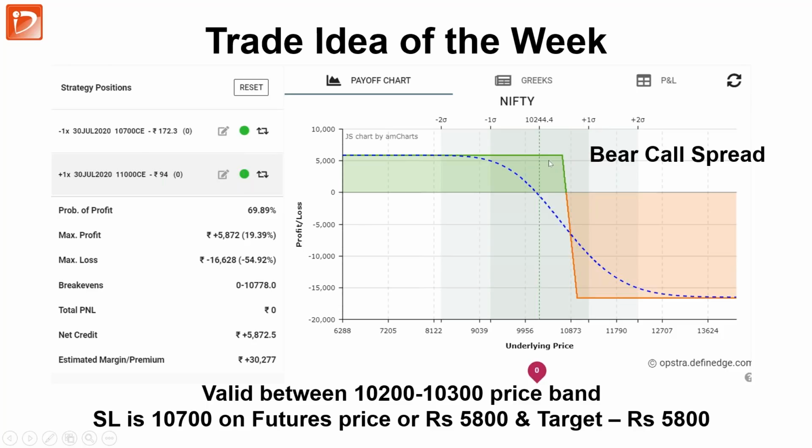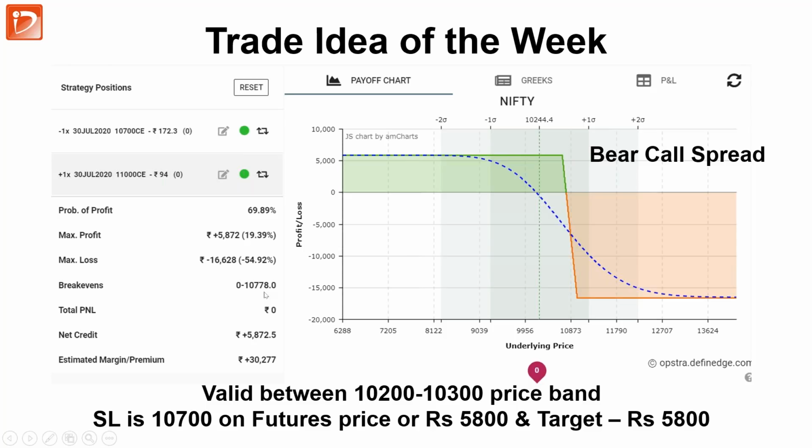What it does is that it gives upside protection as well, and the probability of profit is high, around 70%. And there is no downside risk for this. So even if it is sideways or slightly upside, and if it's bearish, this will work perfectly. As long as the expiry for July is below 10,700, this will make a profit.